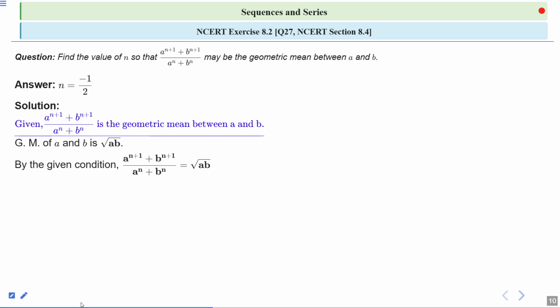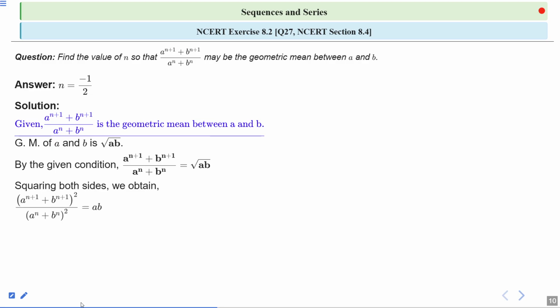Okay, so by the given condition, (a^(n+1) + b^(n+1)) / (a^n + b^n) is equal to the square root of ab. Now if we square both sides, then what will we get? If we square both sides, then we obtain